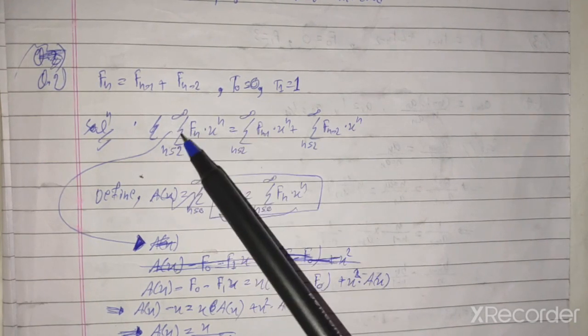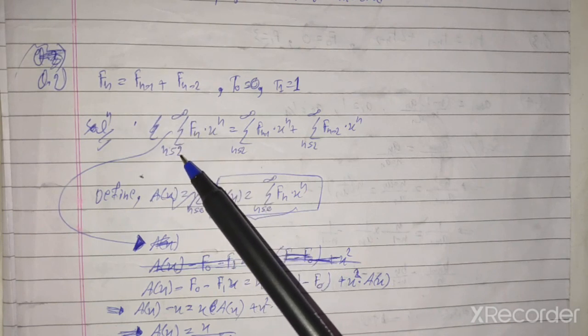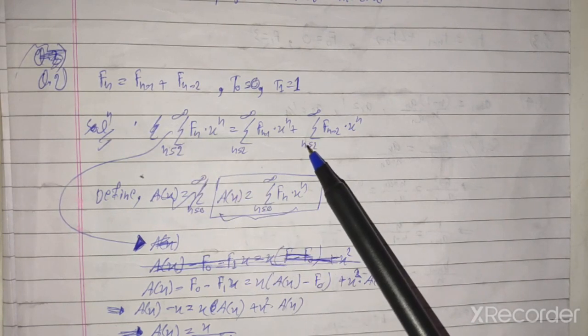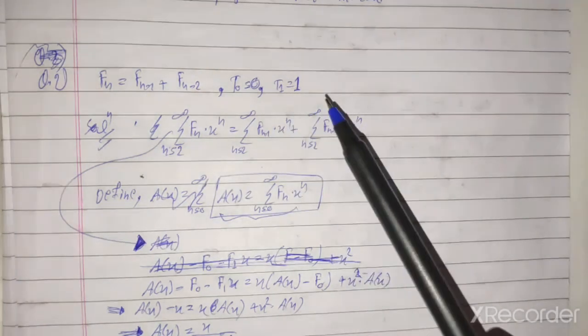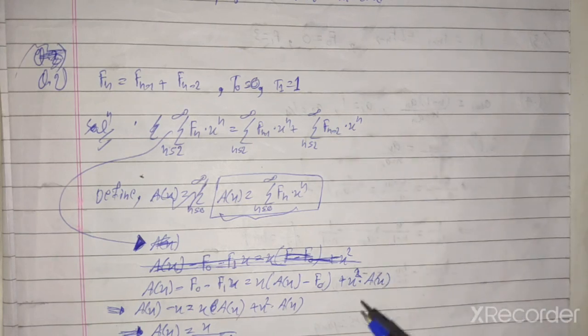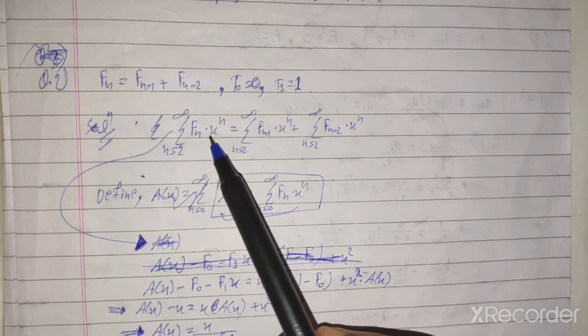First of all you will take sigma. Now why take n equal to 2 till infinity, why not 1? Because if you take 2, you will get the last term as the smallest term here, f_0, and that will help us in solving it. Let's see how it will help. We will set the limit from n equal to 2 till infinity, you will get f_n x^n is equal to this and this.